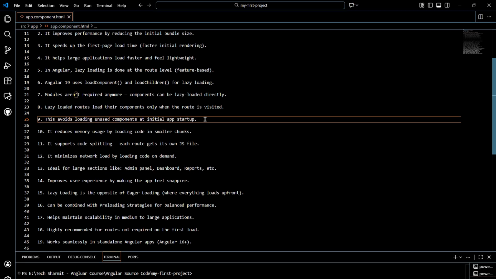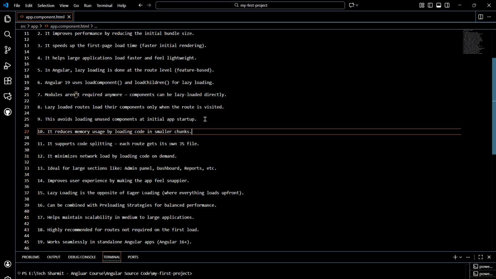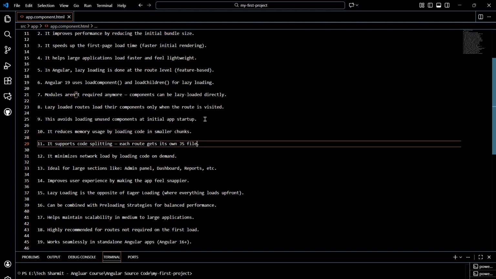Yes, this is true, because now we are not loading everything at startup. We are deciding what to load and what not to load. So it simply skips that part if it is not needed. The 10th point says it reduces memory used by loading code in smaller chunks. Yes, it loads the data into smaller chunks. Chunks means a smaller piece, not everything at a time. Not the entire code, but it will divide things into chunks and then load them, just to reduce the